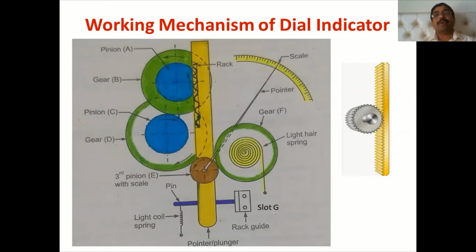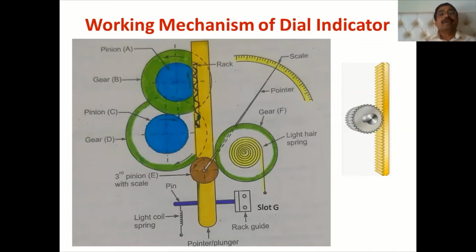There is no difference between a gear and a pinion, except that when we compare them, the pinion is always smaller, when you compare it with the gear. That is the only difference, my friend. Now they are both meshing with each other. Here also we have shown that this rack is meshed with pinion A. Due to that, when there is a movement in the plunger, all the gear trains connected are driven.